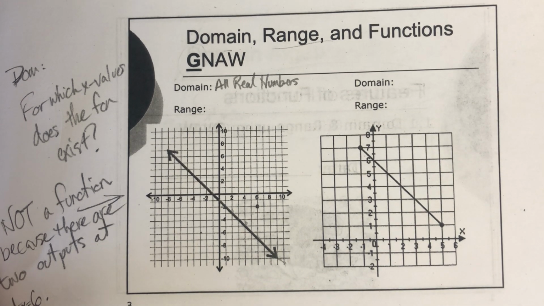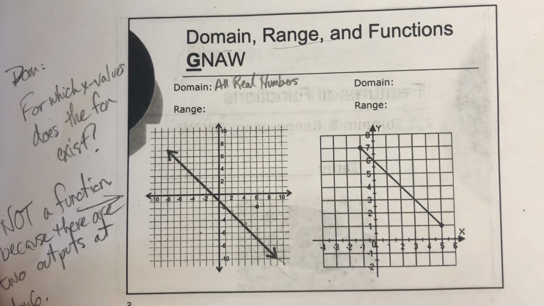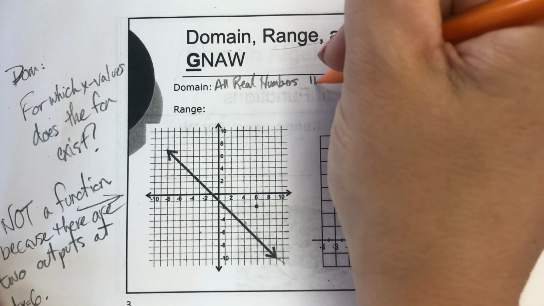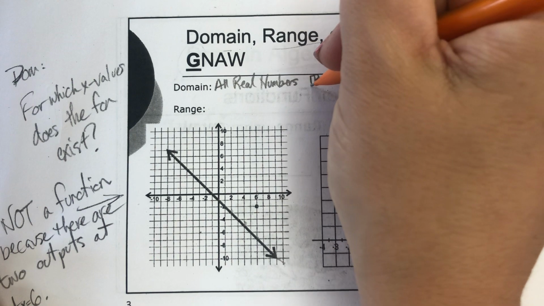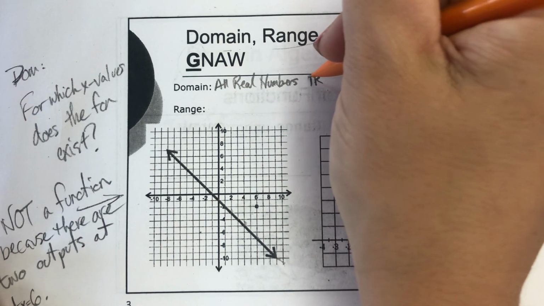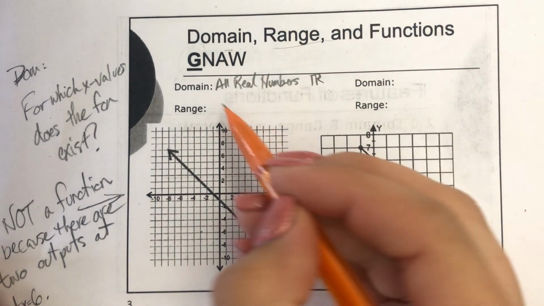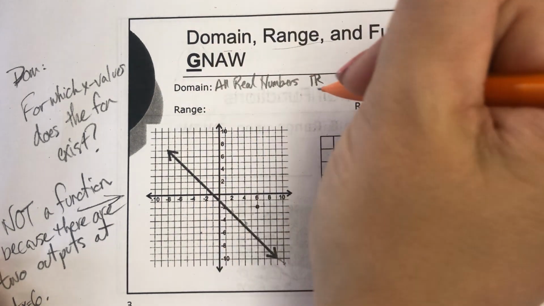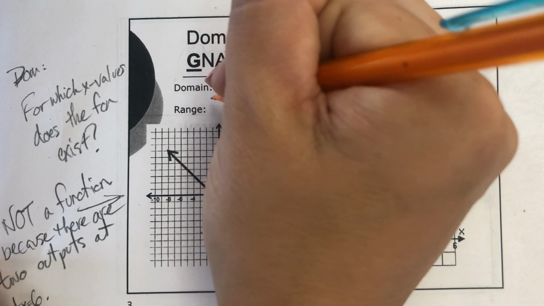Okay, there's a few different ways to write this. There's 3 other ways to write this, and I do not care which one you use, okay? You could use this symbol for all real numbers. It's an R with like a double spine, okay? You could use the symbol. It just saves you from having to write those 3 words. You could say the graph of the relation goes from